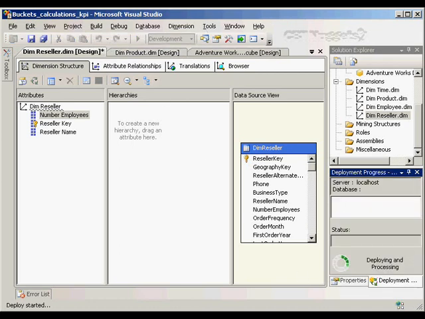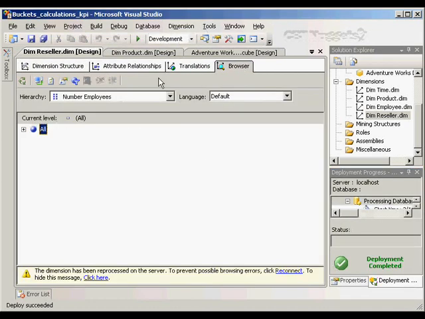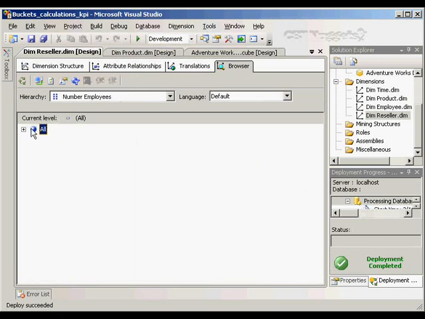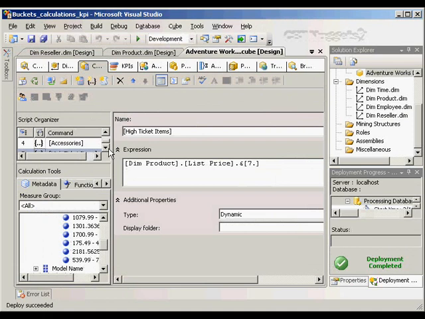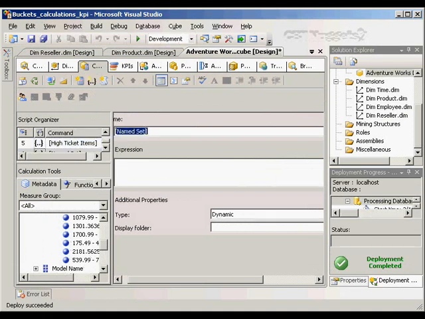And now if we look at our browser, hit Reconnect, and we see our number of employees, here are our different buckets. So we're concerned with the number of employees that's 83 through 100 employees. Let's go into our cube, go to our calculations, make sure you have that last one highlighted, and let's create a new named set, and we'll call this High Number of EMPs Reseller. And the expression